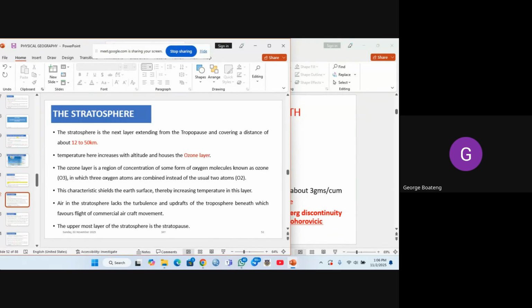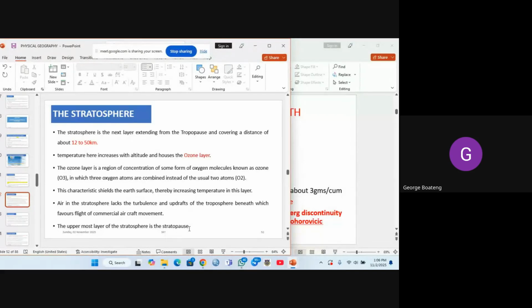And when you fly in that zone, you get economical fuel consumption. That is the stratosphere. And this layer extends up to a border, and that border is termed